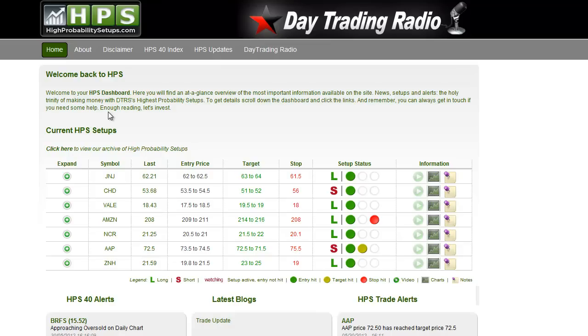Now, again, there's so much that goes into this, and I want to break it down the best I can. This is basically what the site looks like, and it all comes from a core of 40 stocks right now. 40 stocks is the HPS 40 index. When you trade in stocks, you enter the market, you wait for news to come out, you see what's moving, you do your research. This is a system that works with 40 quality stocks, and this could change, this could go up, but right now